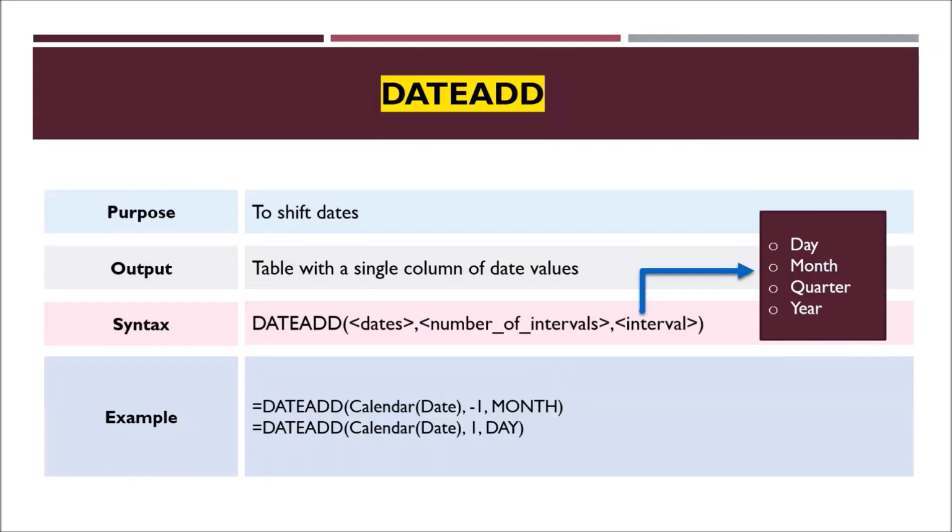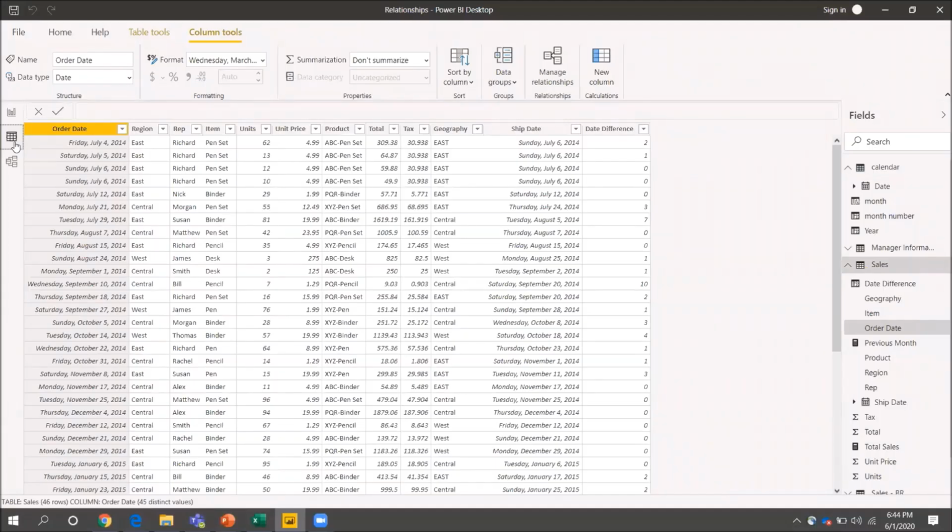condition. So for example, I want to know what is my monthly sales and I want a column adjacent to my table which tells me what is my sales in previous month. Okay, so basically I want four columns. Number one column will be for year, second column will be for month, third column will be for current sales, and my fourth column will be for previous month sales. Okay, so this is my requirement, and for this I will use my dateAdd function.